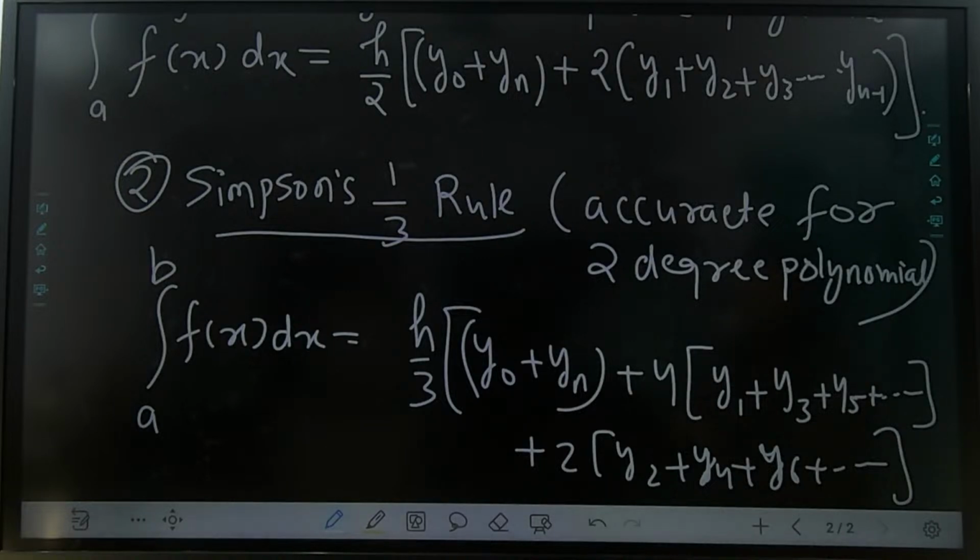So 4 times multiply with y1 plus y3 plus y5, the odd terms. And even terms are multiplied with 2, y2 plus y4 plus y6. With the problem only we'll get how to resolve this, but it's a very simple thing. So last is Simpson's